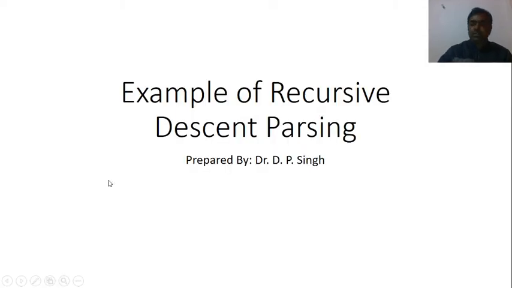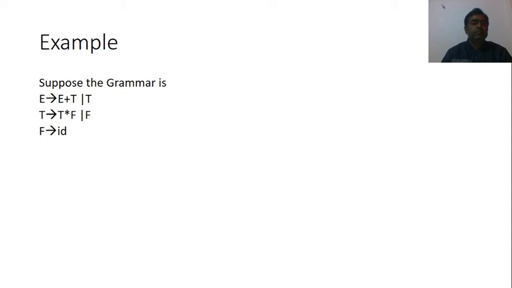Hello viewers, in this lecture we will discuss one more example of writing the recursive descent parser. Suppose you are given this grammar. First you have to look into the grammar and find out whether there is left recursion or left factoring. Now you can see in this grammar there is left recursion,